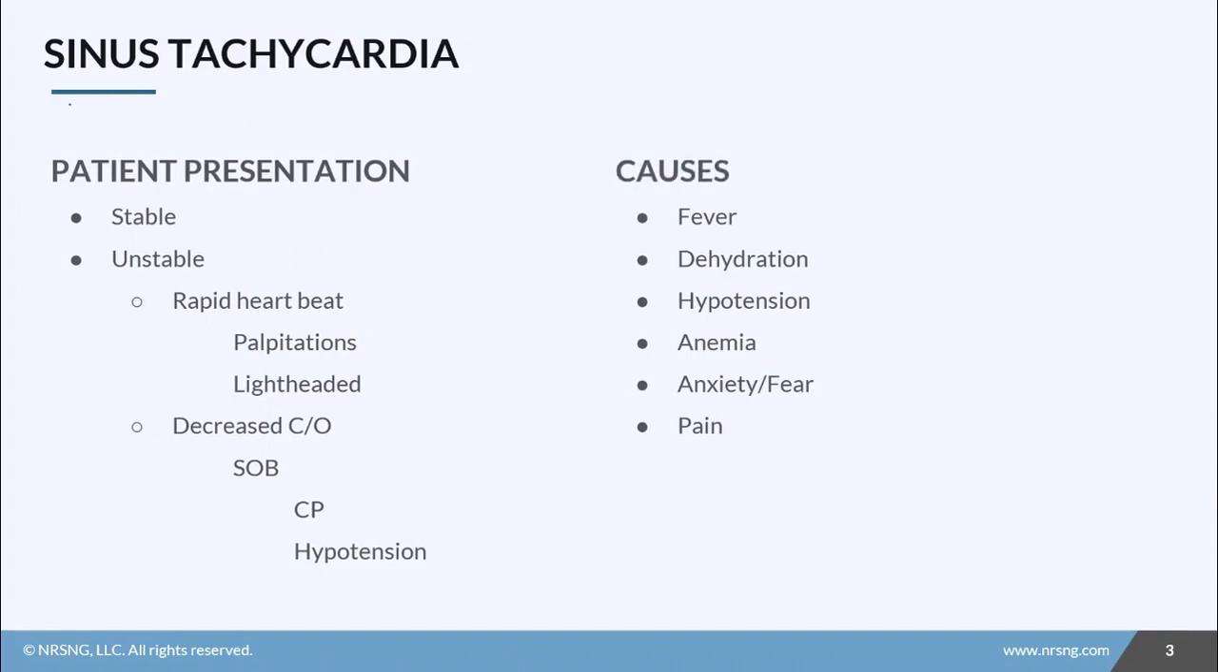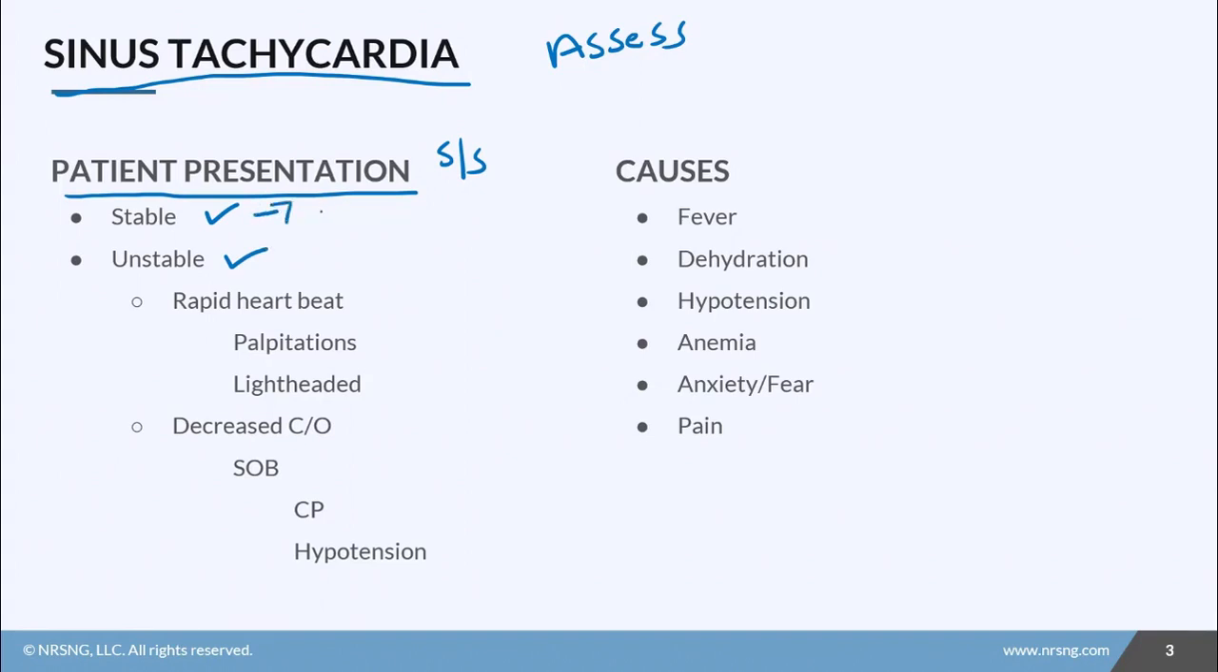Okay, so when you have a patient with sinus tachycardia, the first thing that you need to do is assess them. Find out their presentation, find out their signs and symptoms. Are they stable or are they unstable? Sometimes patients who are stable and are tachycardic may still have some signs and symptoms. However, if they are unstable, they will report having a rapid heartbeat,